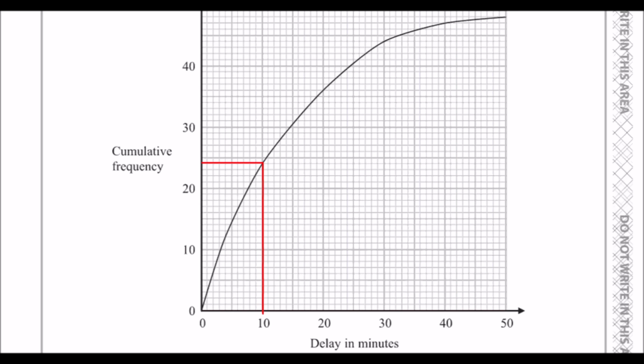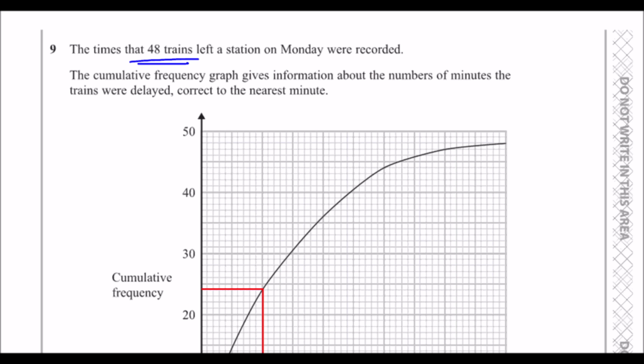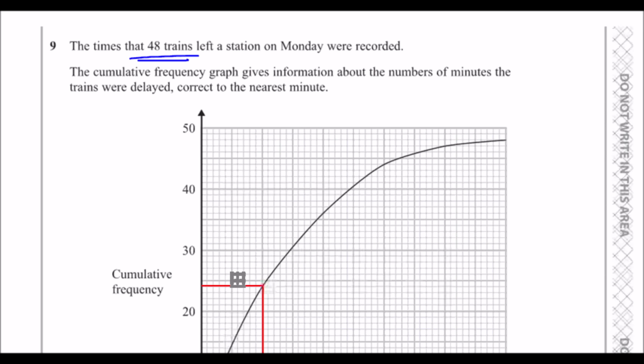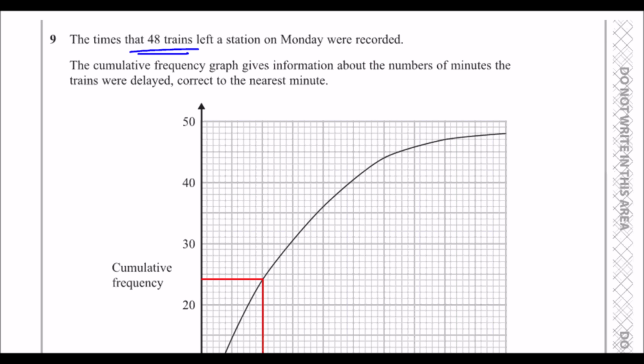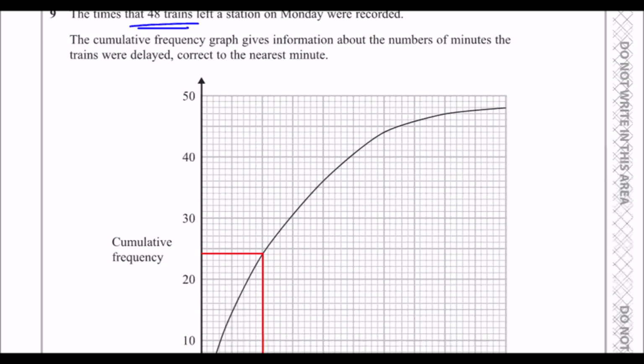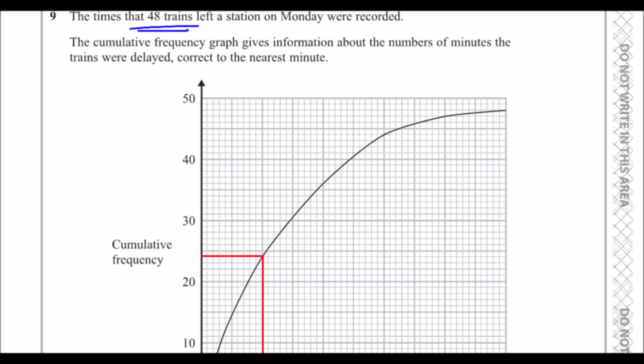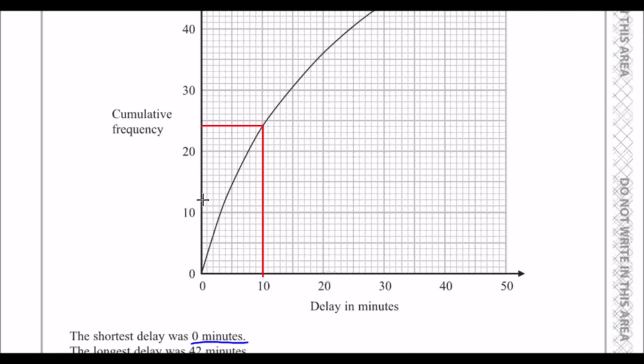So our median is going to be 10. And for our quartiles, 1/4 of 48 is 48 over 4, which is 12. So our lower quartile is going to be at 12. So our lower quartile is going to be 4 minutes,